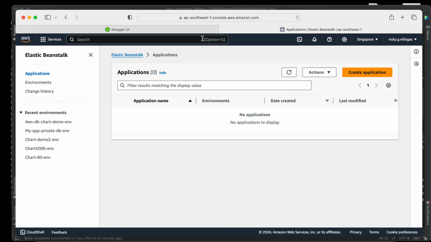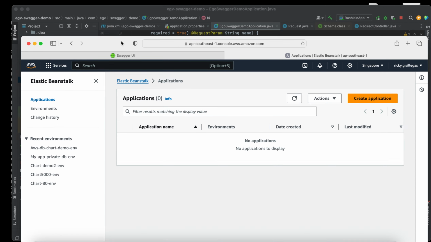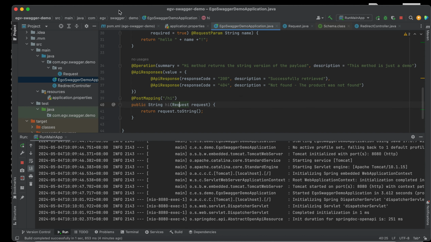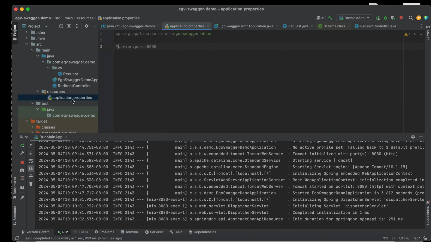All right. Oh, before I forget, when we deploy our Spring Boot application in AWS Elastic Beanstalk, always remember to set the server port to 5000.